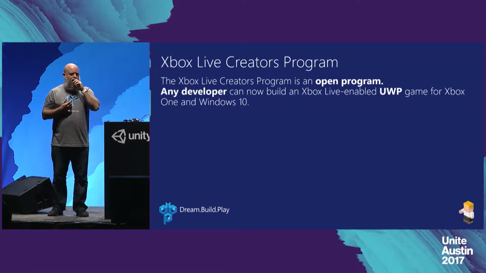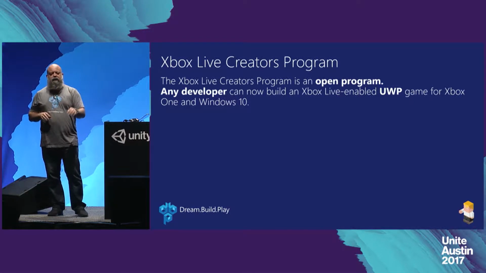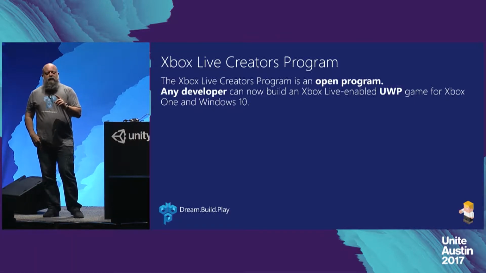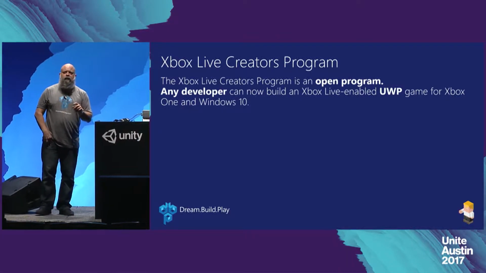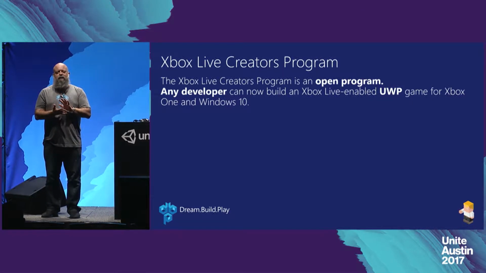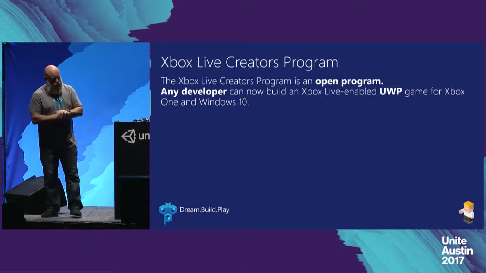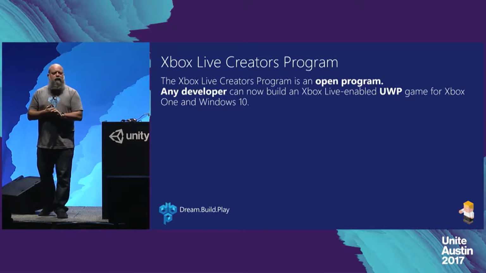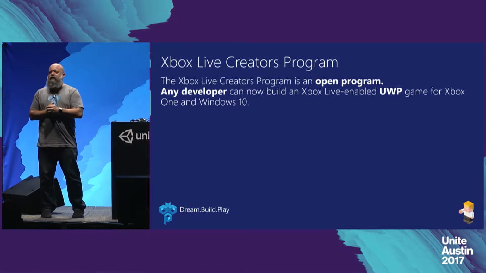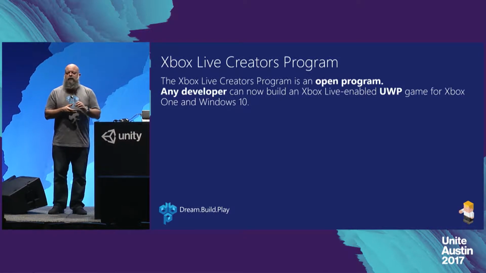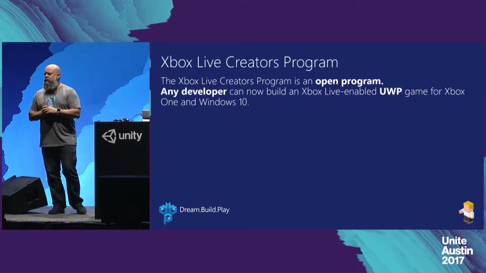It's an open program that allows any developer, I'll read out the sentence, any developer who can now build an Xbox Live-enabled game on Xbox and Windows. There's two parts to that I want to actually highlight. One, that means now any developer can publish a game on Xbox One. You don't need concept approval. You don't need signed NDAs. You don't need any of that stuff. You just need to use the Xbox Live Creators Program, and you can actually publish your game on the Xbox